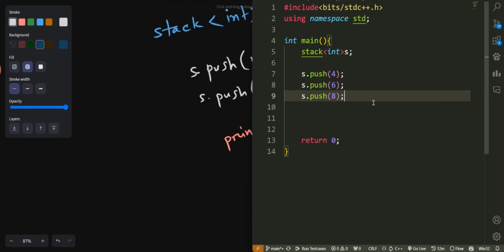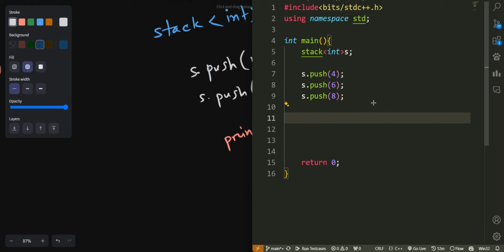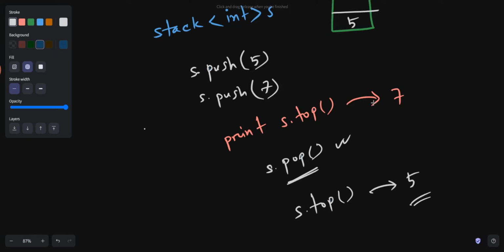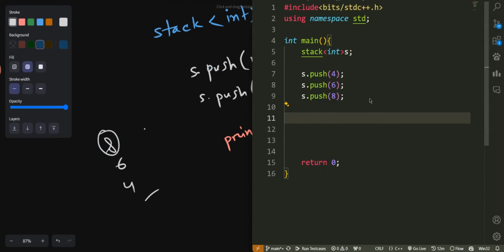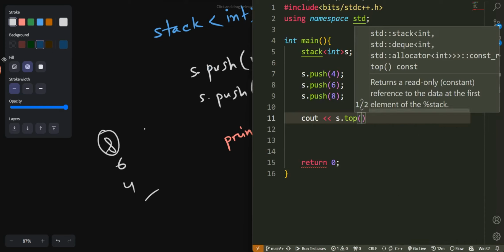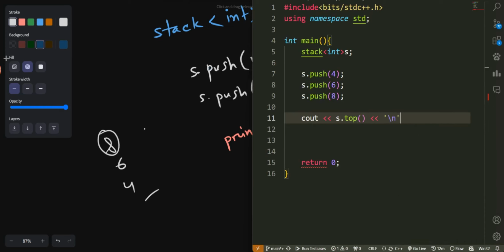So now here the top element is 8 because we firstly added 4, then 6, then 8. So this is actually the top element. It will look like this: 4, 6 and 8, right? So this is the top element, and if we access the top element, let's print the top, so it should